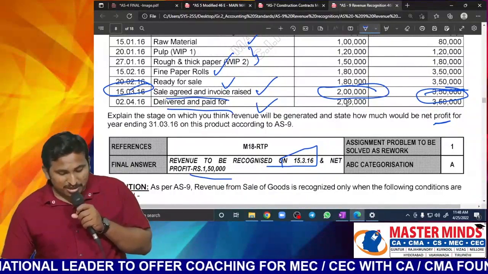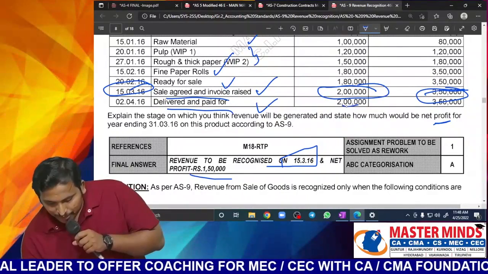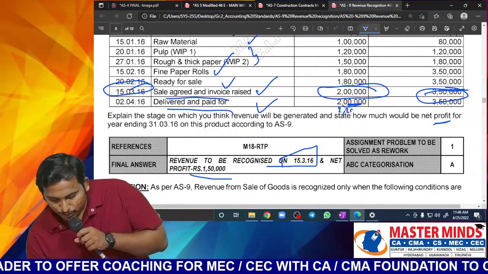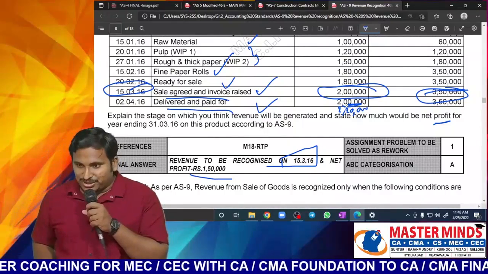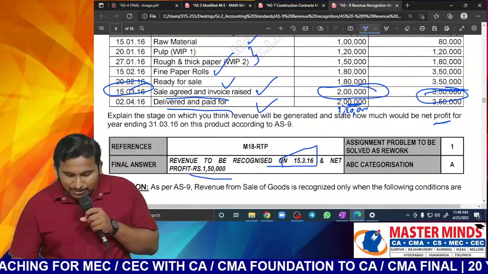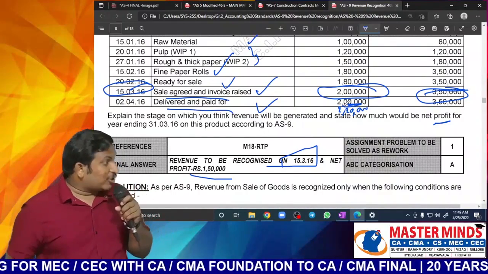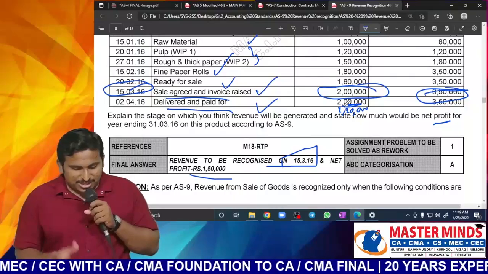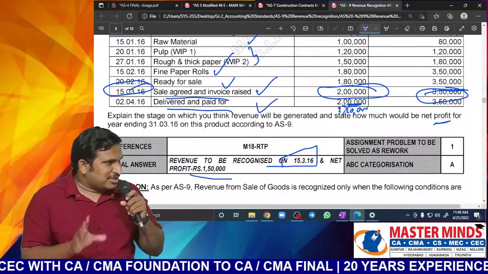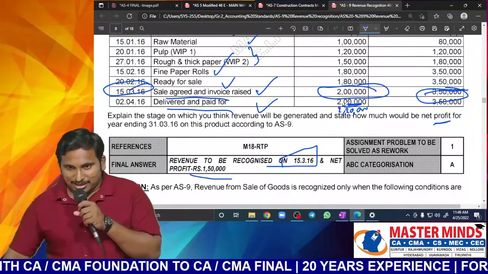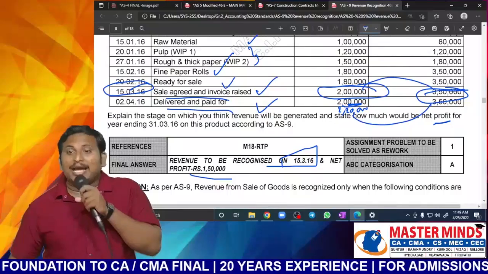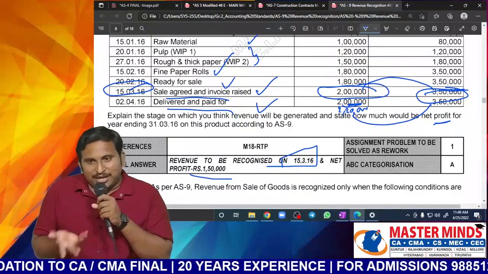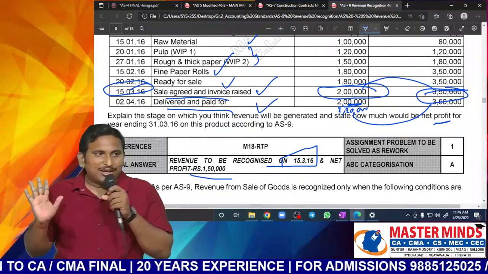But sometimes what they may say is, later on delivery costs are 2,20,000. Net profit means at last finally what is your profit, sir? So then 3,50,000 minus 2,20,000, 1,30,000 only, if at all there is a change. In this question, there is no selling or delivery expenses. Suppose selling or delivery expenses are there, this will become GP, 1,50,000. 1,30,000 will become NP. In this question, both GP and NP are the same, which is 1,50,000.